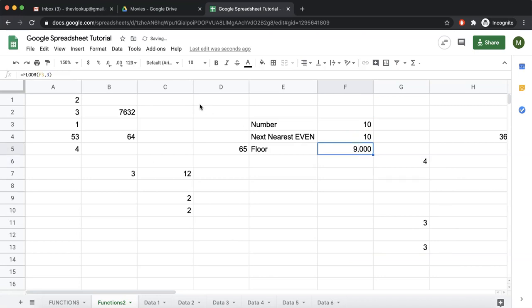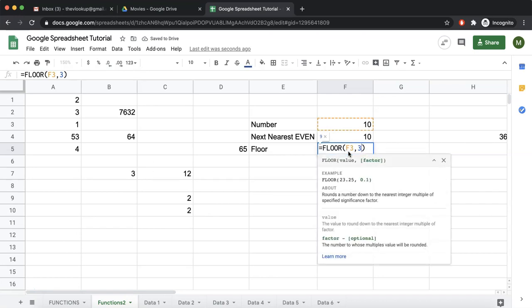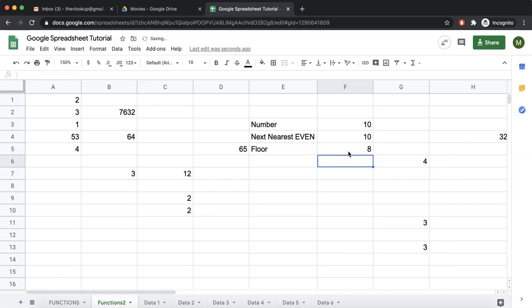Now it has a lot of decimal places. I can go here and reduce the decimal places. I select this cell and change the format from here. Now if I say floor this to 4, this is 8, because the multiple of 4 which is less than 10 is 8.